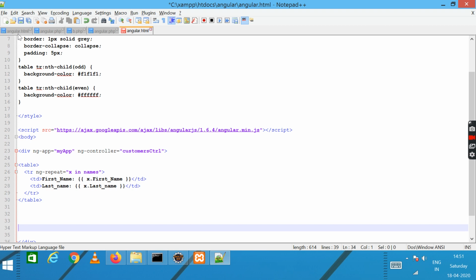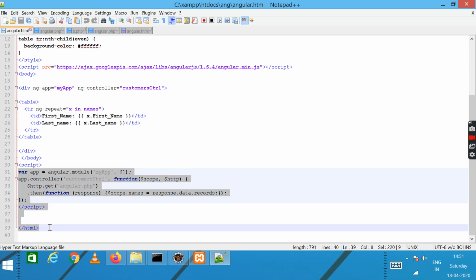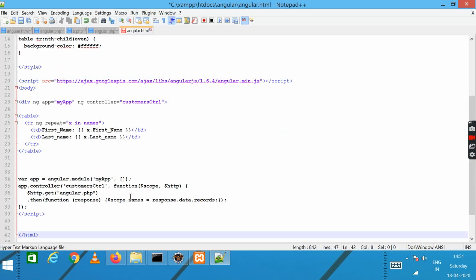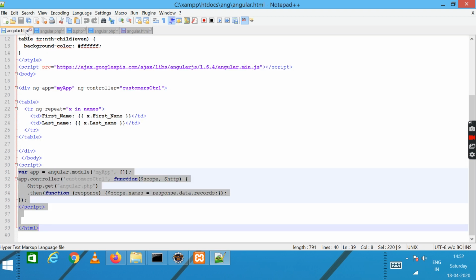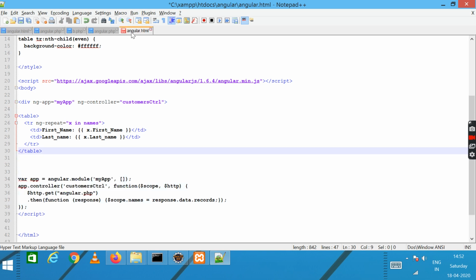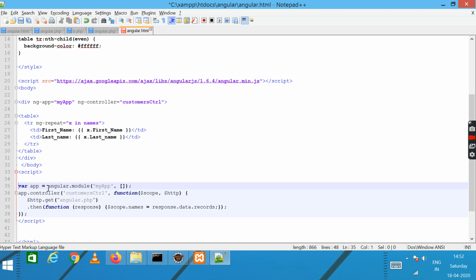So table is closed. Next part is creating the module.